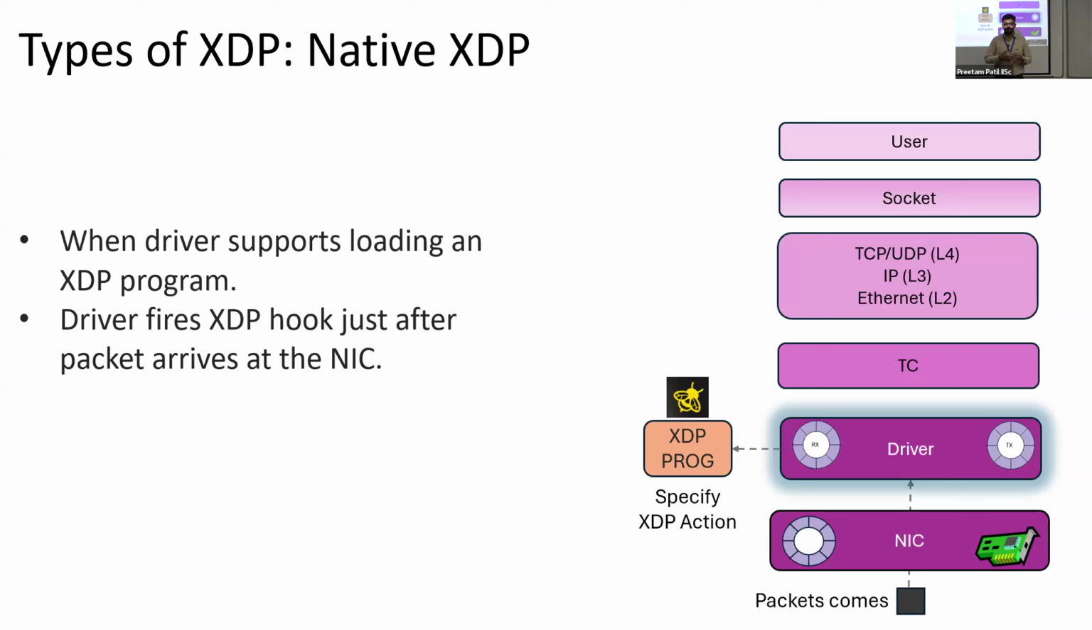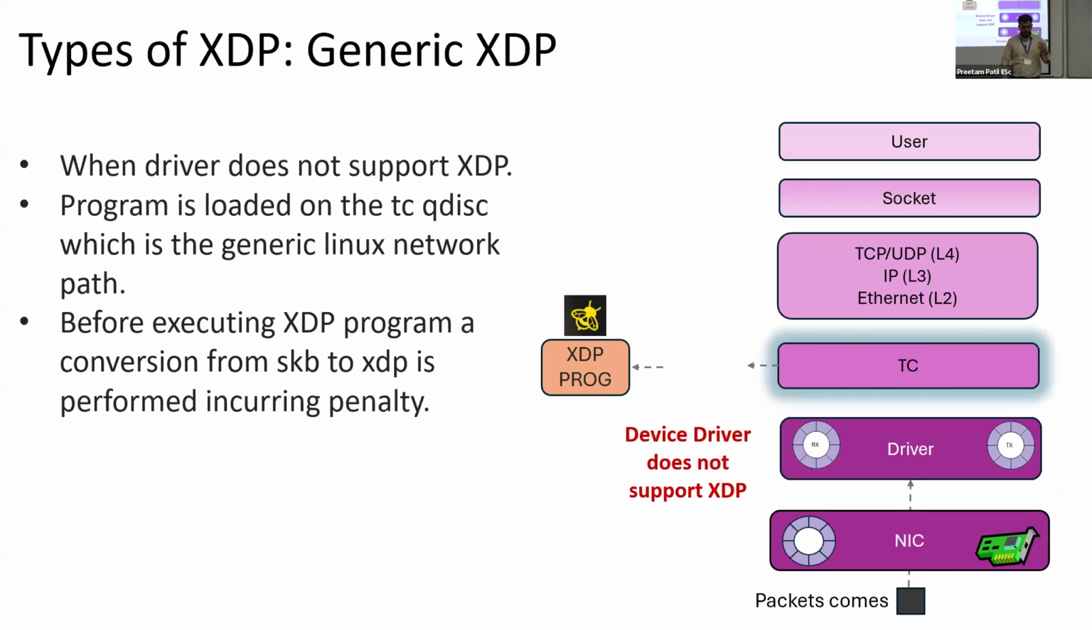Even in XDP, you have different types of hook points at just the XDP layer. What I just explained to you, where you need support from the driver subsystem to execute an eBPF program, is called a native XDP hook, where the driver fires the XDP program just after the packet arrives. If the driver does not have support for something like this, what you would do